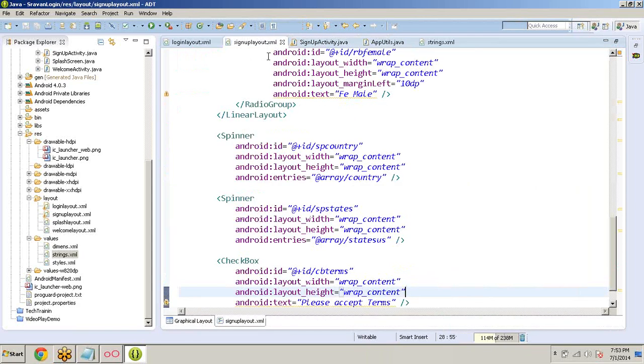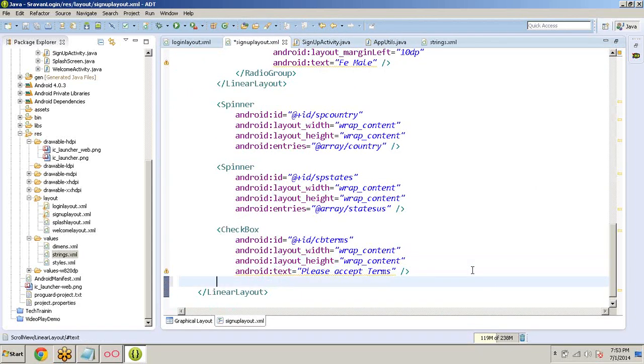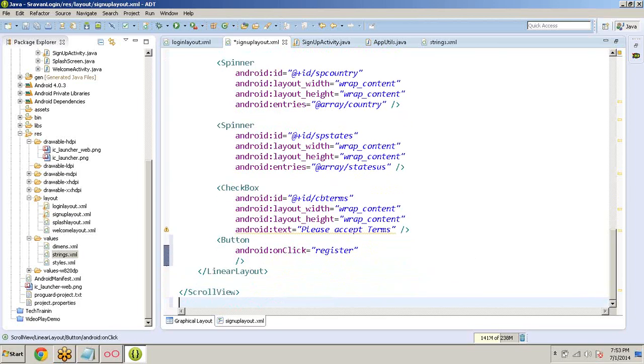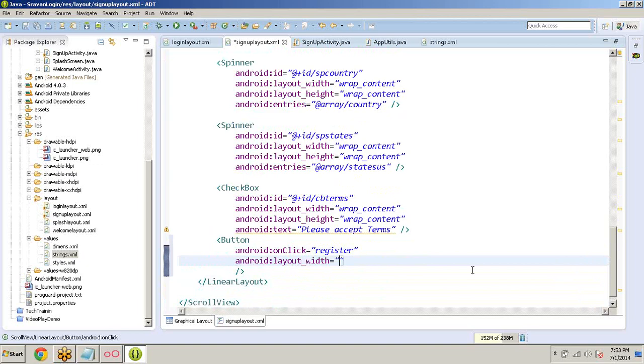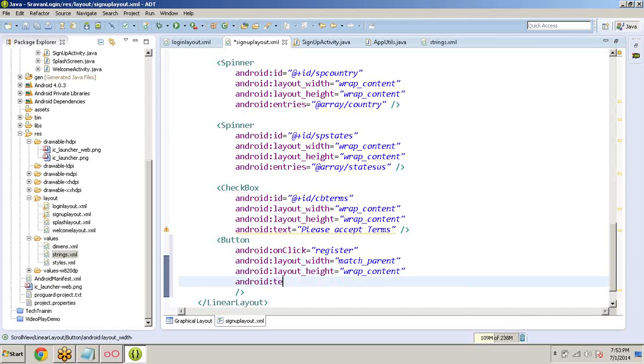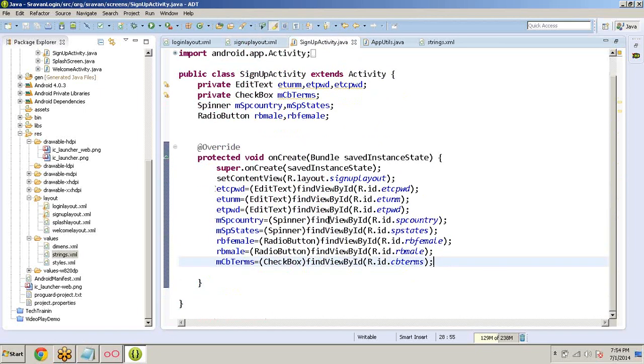One more important thing is I have to create one button, android:onClick register, means when I click this button I want to call one method. The name of the method I given as register. Instead of giving the on click, I'm giving like this: match parent, android:layout_height wrap content, android:text register. Now Control C, inside the sign up activity,